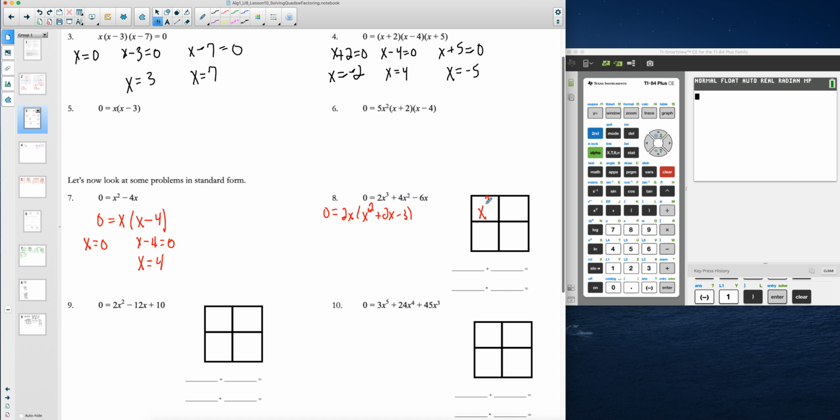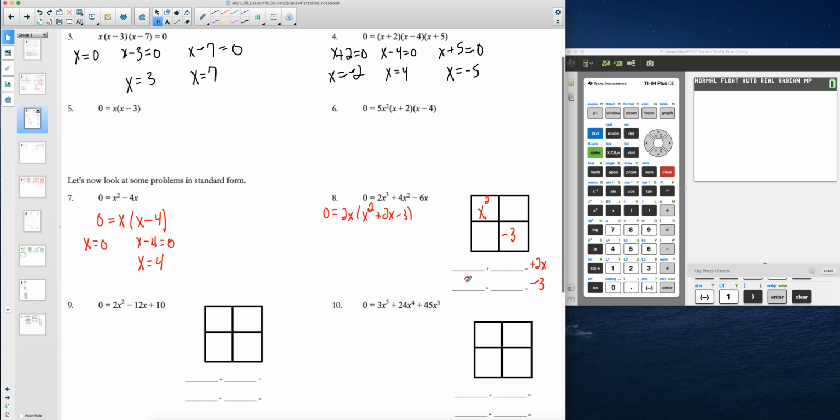So we're going to put our x squared up here. We know our C term goes here, all right? I know I have to do A times C, so I need to multiply that, and it's negative 3. And I know I always have to add to be my B term, and my B term this time is a positive 2x. All right, now, so I need to find the factors of negative 3 that add to be positive 2,